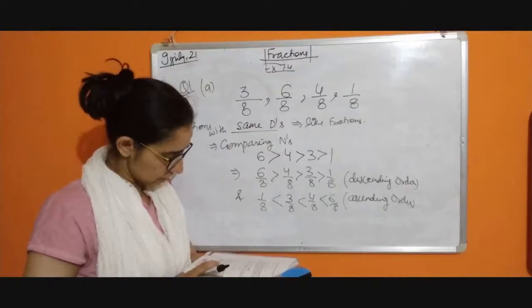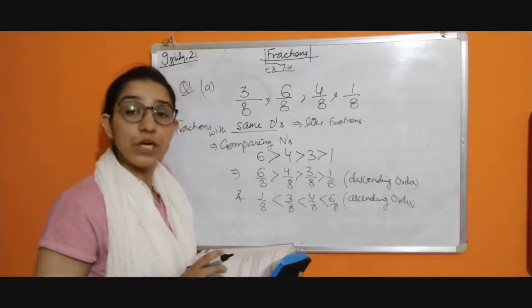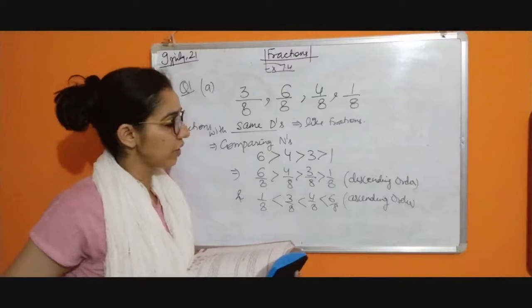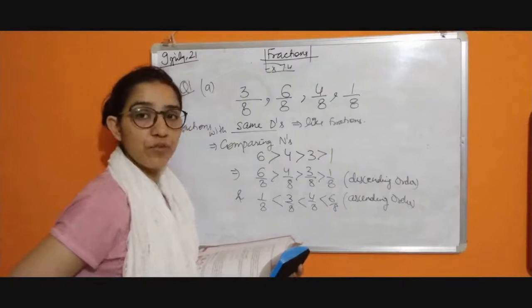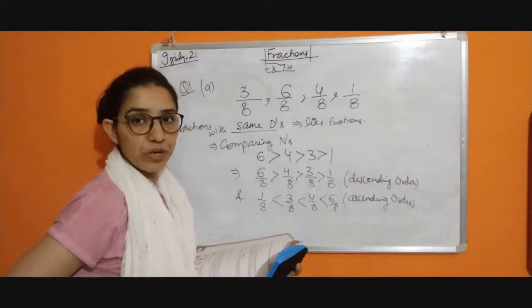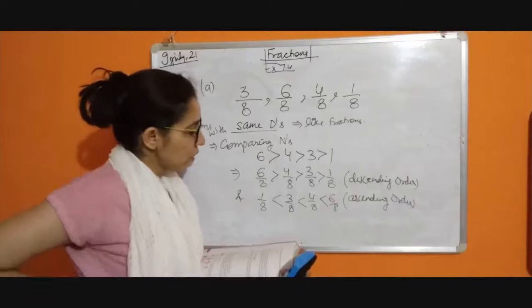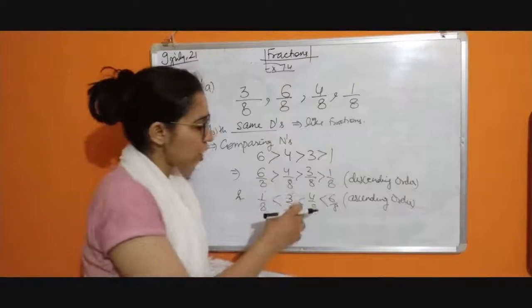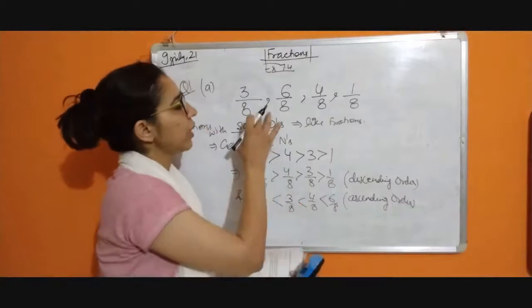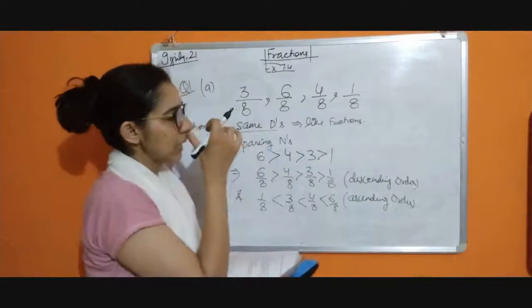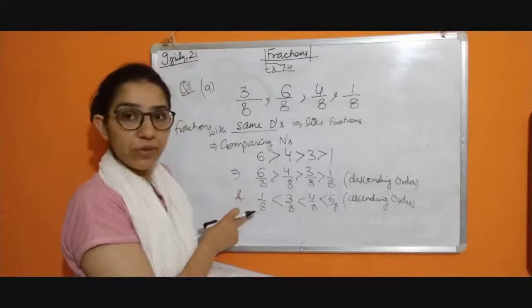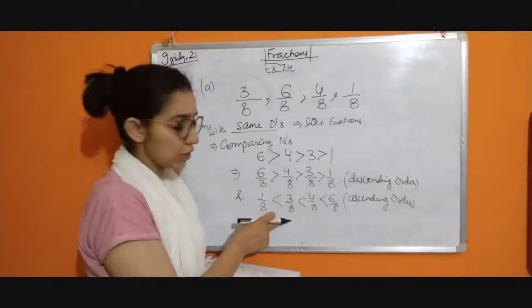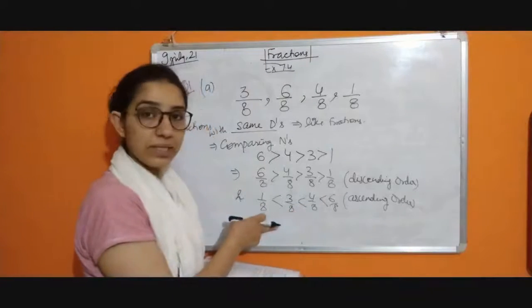Now one more thing is given, that you have to write the equal to sign also. We have written them in descending and ascending order, but we didn't check if the fractions are equal or not. We have to check for equal signs also. You see that in simplest form, in fact you can do it here only if you want, or you can do it in the last step also. 1 by 8 is in the simplest form, 3 by 8 in the simplest form, 4 by 8 they are not in the simplest form.